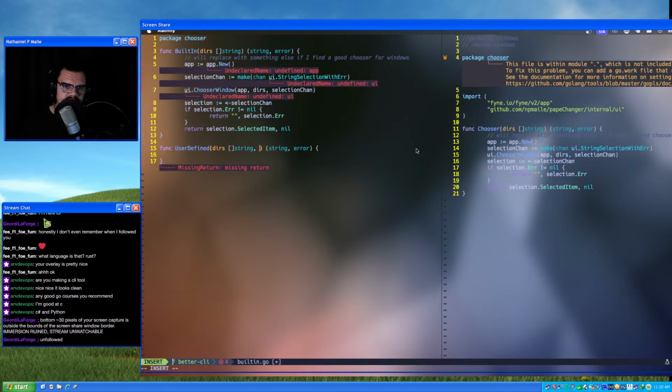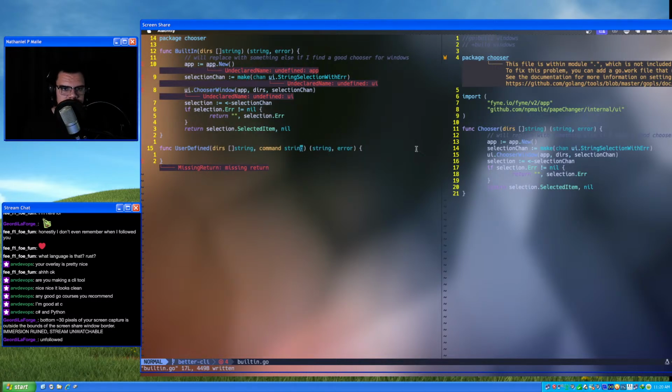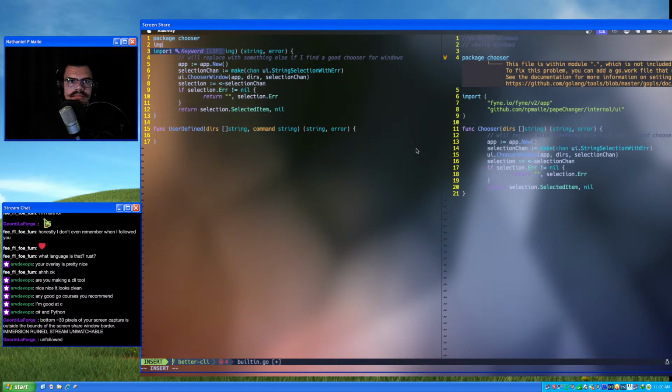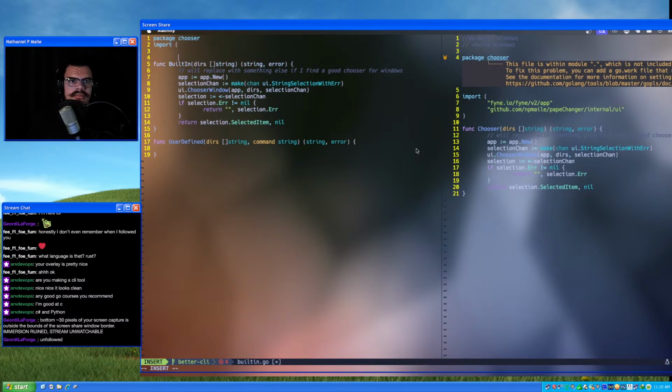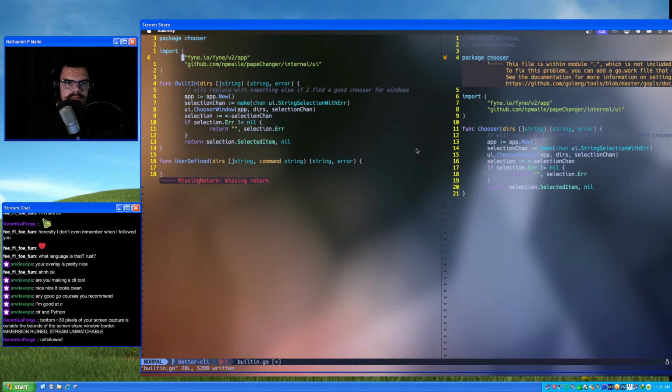So we'll have to figure that out. Still taking the DIRs and the command. They'll be passed to the shell. That's fantastic.